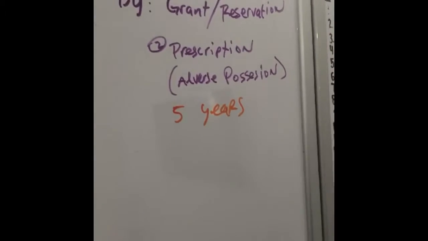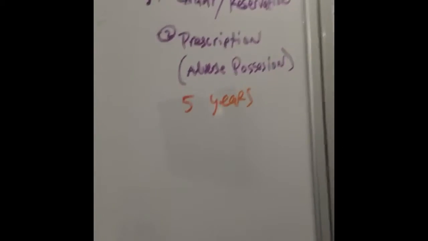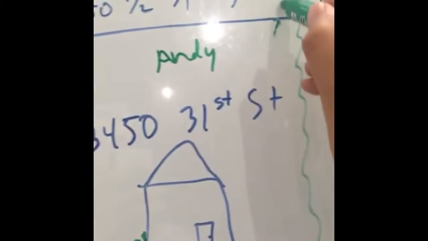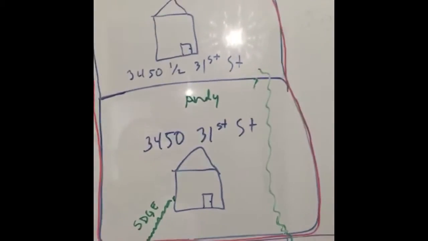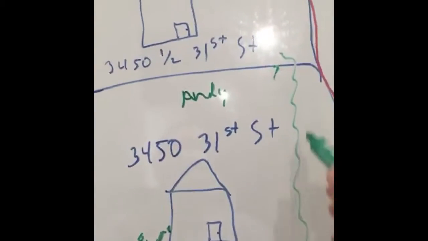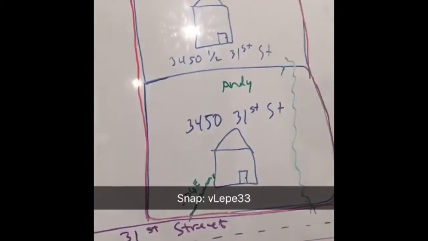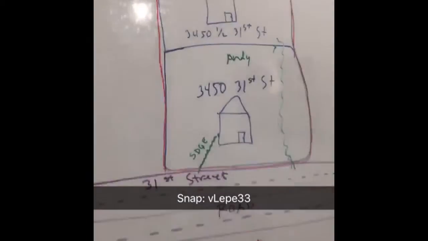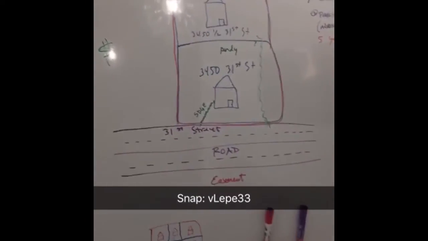The other way to create an easement is through adverse possession, meaning for 5 years, Bob, without permission, trespassed his way through Andy's. And for 5 straight years, Andy never said anything. At that point, an easement is created by prescription, giving Bob the legal right to trespass onto his property whenever he wants in the future, or to whoever he sells the property to. So that's the way you create